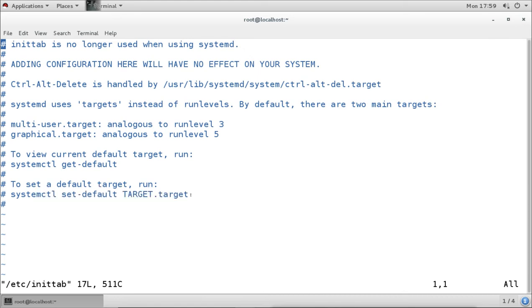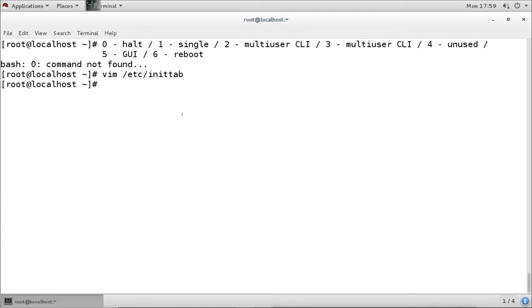So it is explaining here how systemd is working, so that if any administrator who is not aware of it, who was working on the old system, opens the file to check the run level, it will tell them that this is RHEL 7 and this is what we have changed. We don't have run level 0 now, which was for shutting down the system.